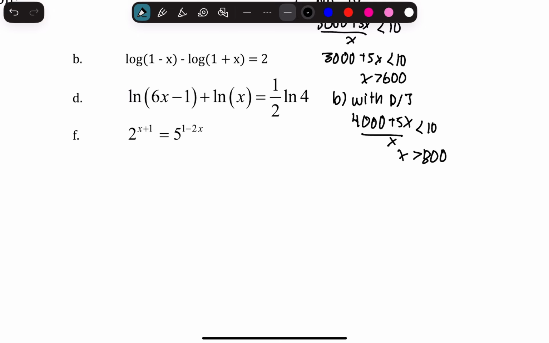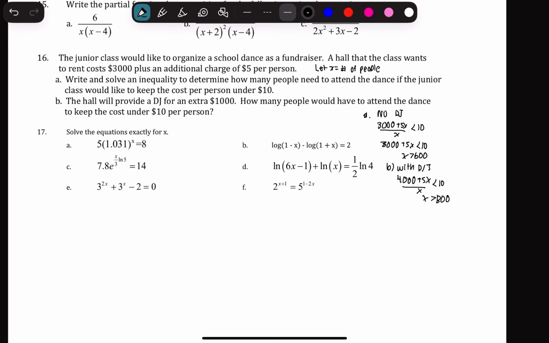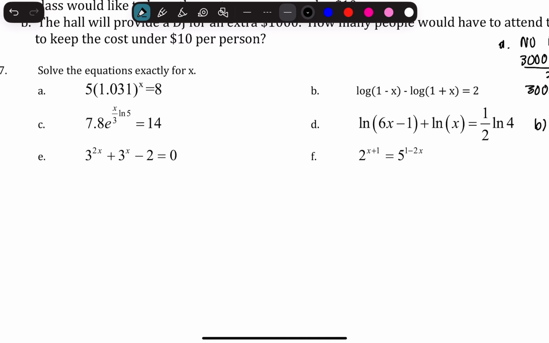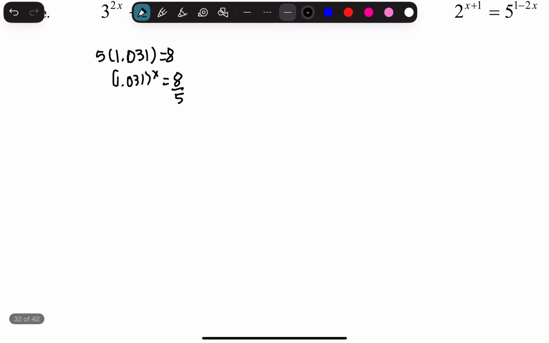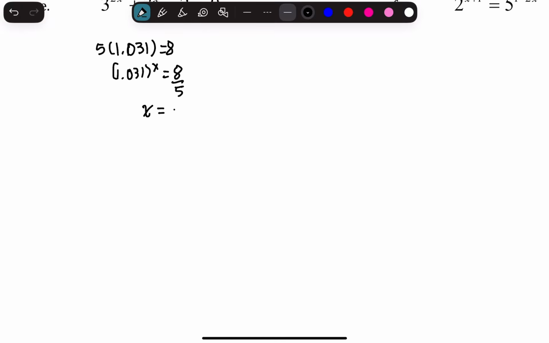Now we want to do these. Solve these for x. Okay. So 1.031 to the power of x is equal to 8 over 5, right? So then you're going to have x is equal to ln of 8 over 5